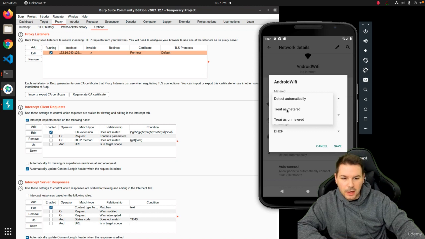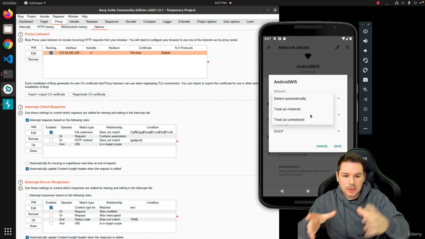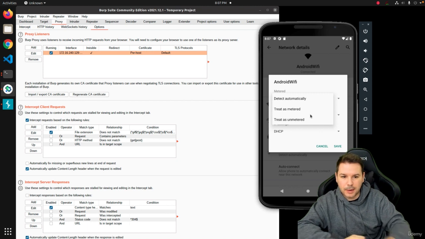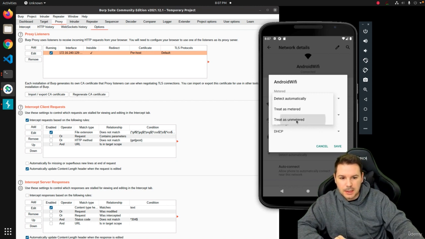And here we also have some confusing options, treated as metered, treated as unmetered. So yes, we already have decisions. And decisions regarding the network traffic are always bad because if we do it this way, then we might miss the other part and vice versa. All right? Okay, let's say we treat it as unmetered and now proxy,